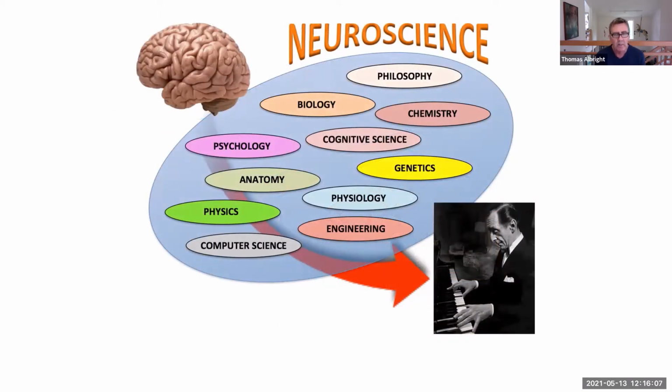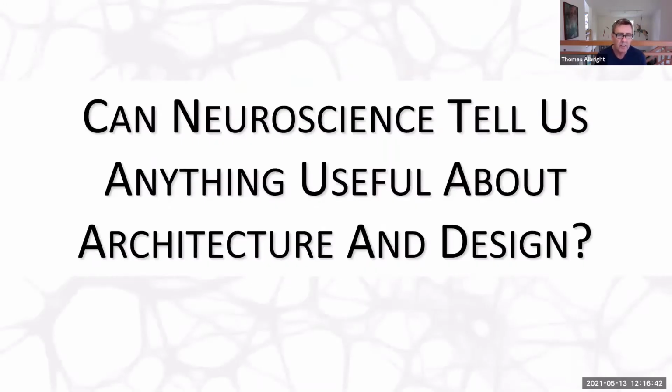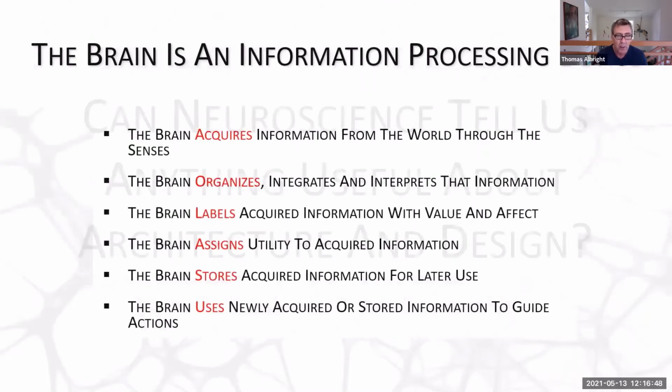Now, neuroscience is an umbrella for a large set of academic disciplines. It's a field that's grown by leaps and bounds over the last 50 years. It's really a juggernaut of modern biomedical research. Some of those academic disciplines are illustrated here. The obvious ones are psychology, biology, cognitive science, genetics, anatomy, computer science, physics, engineering, and philosophy. And the goal of all of this is to try to explain how the brain, that squishy bit of material on the upper left-hand side of the slide, gives rise to complex human behavior. And the question that arises from that is, can neuroscience tell us anything useful, this discipline, this juggernaut, anything useful